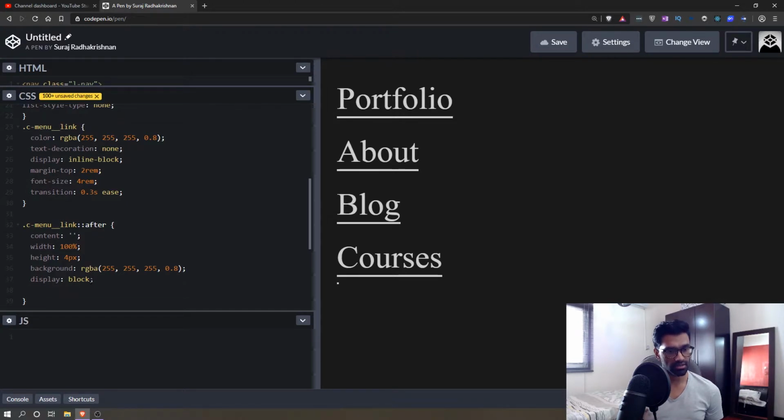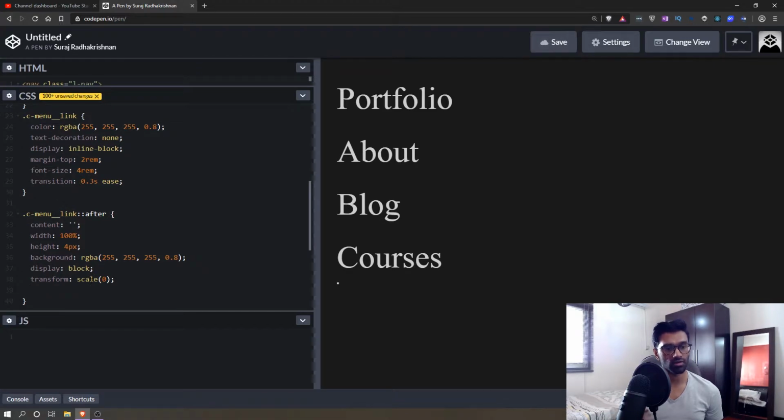Now we're gonna set the transform of this. We're gonna reduce the size of all of these things to 0. So transform scale 0. That means it's got no width at all. So we're just gonna add a transition so you can see what's exactly happening. Let it load. If I remove this, you can see